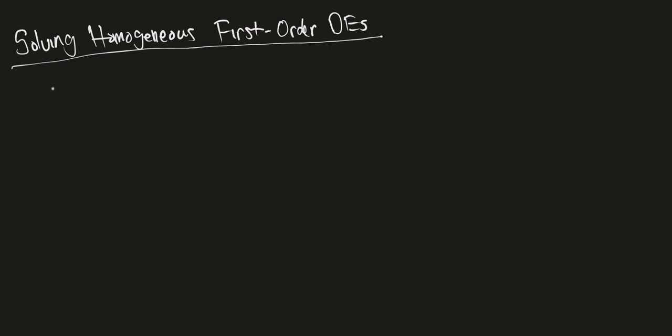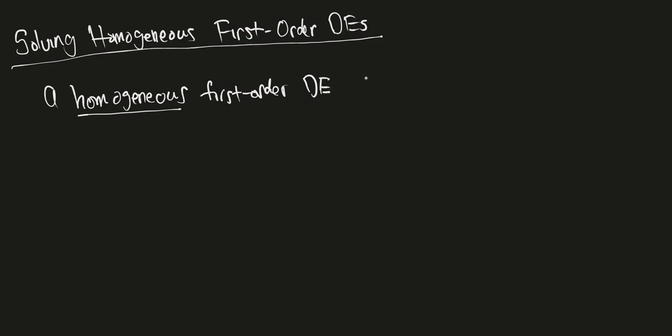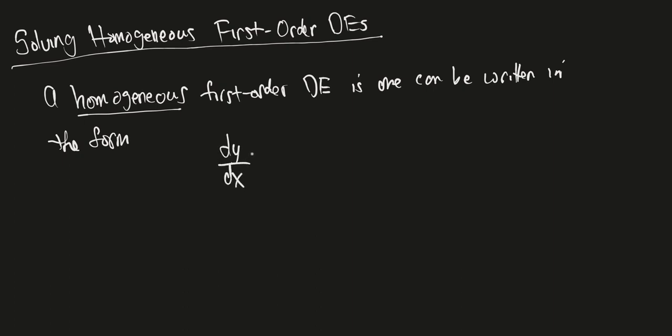So a homogeneous first order differential equation is one that can be written in the form, right? So this one again is based on the normal form, and it's of the form where you have a